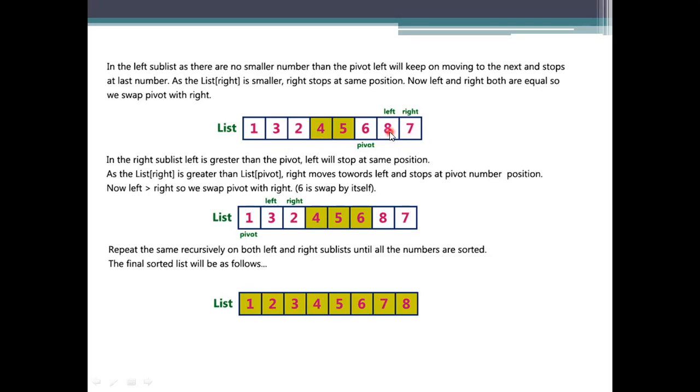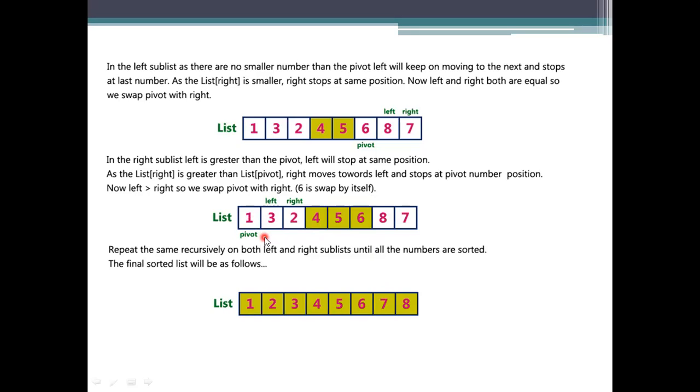What happens here? Of these two values, the left one is greater than the right one. So we just swap the places, and it will be considered as 7, 8. This array order will be 6, 7, 8. The sub array has been finished. Coming to this one, the fourth has been sorted, and the leftover ones are 1, 3, 2. As we are dealing with the first element as a pivot element, consider the first element as the pivot, and the remaining will be left and right.